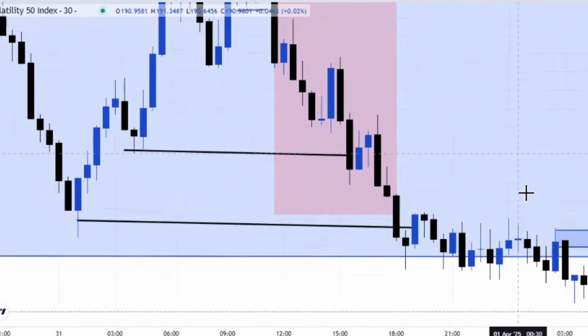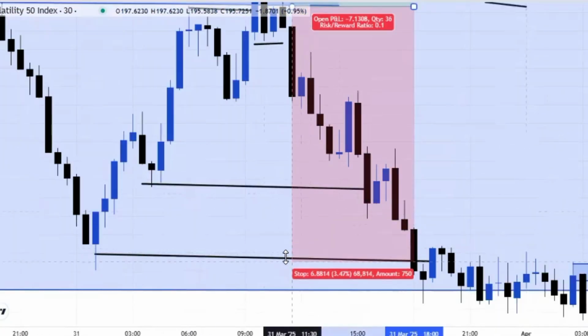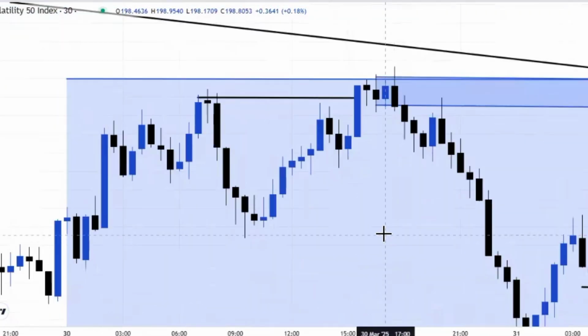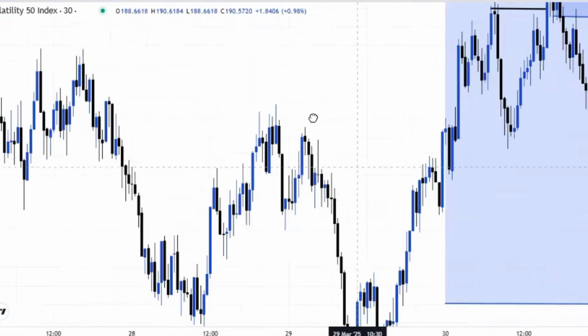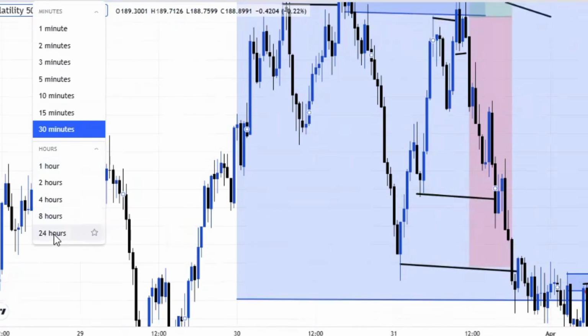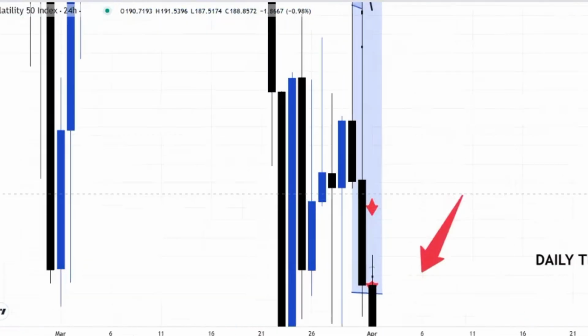So you can see here that we actually made a whole lot of money on this if you entered on this particular trade. So you guys can even carry this out consistently. I advise you go and backtest it more to see how profitable it is, even for the bullish move. Let's go to the daily chart again and pick out another daily candle.